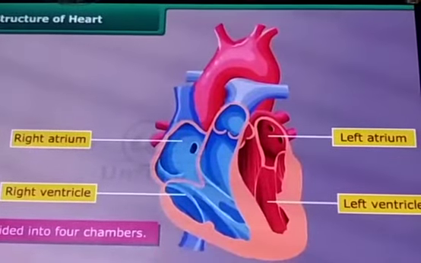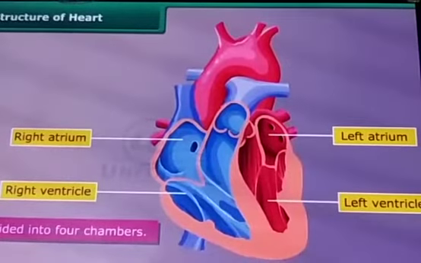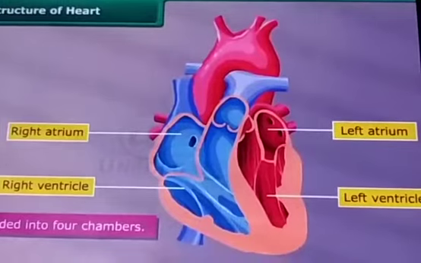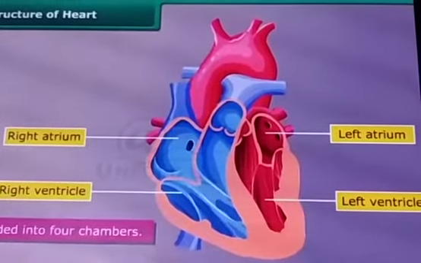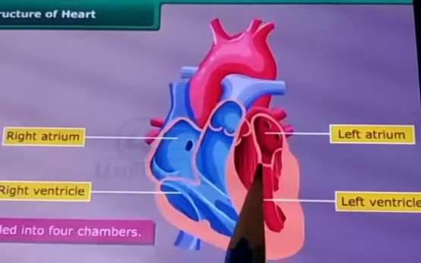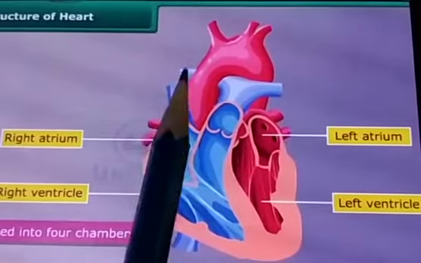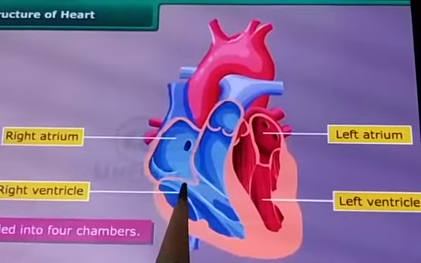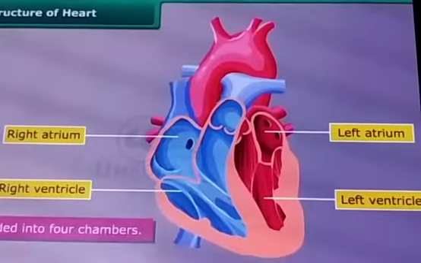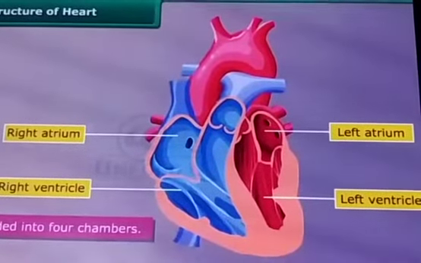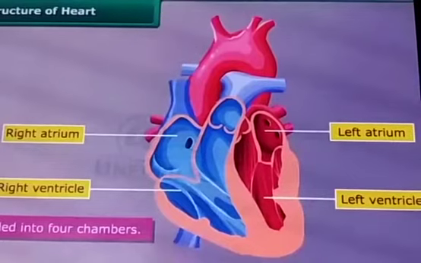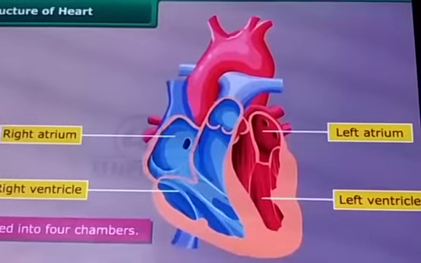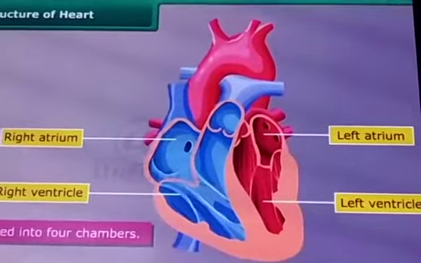To understand the functioning of the circulatory system, start from the right side of the heart and follow the arrows. You can see here, it starts from the right hand side and it flows. From here it starts, and then these arrows show the direction of the blood flow from the heart to the lungs and back to the heart, from where it is pumped to the rest of the body.